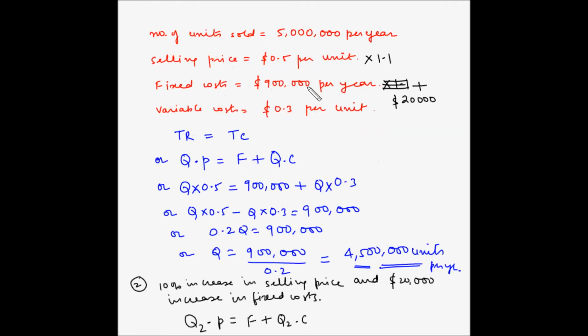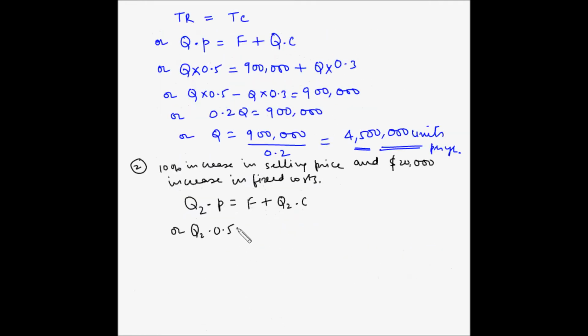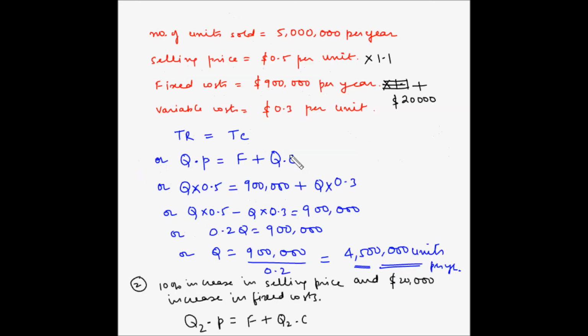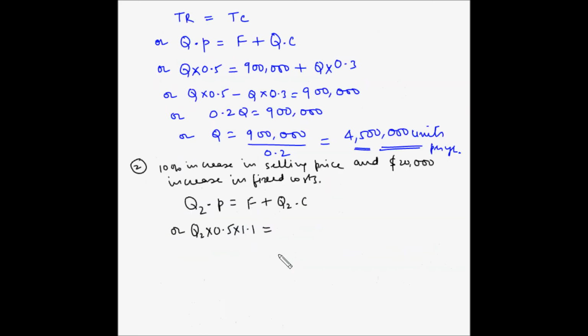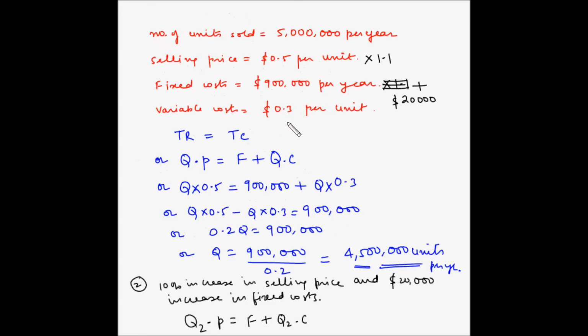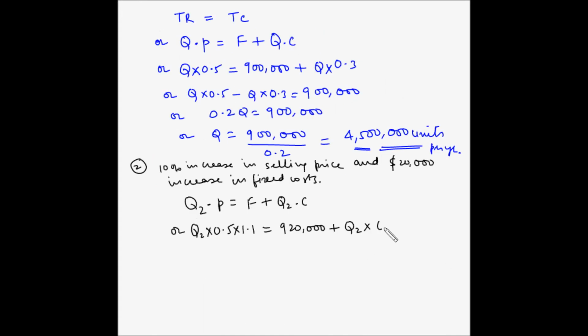However, in this case, it is to be multiplied by 1.1 because there is a 10% increase. So multiplied by 1.1, and this is equal to the fixed cost, which is increased by $20,000. So this becomes $920,000 plus Q2 multiplied by C, which is $0.3 per unit,